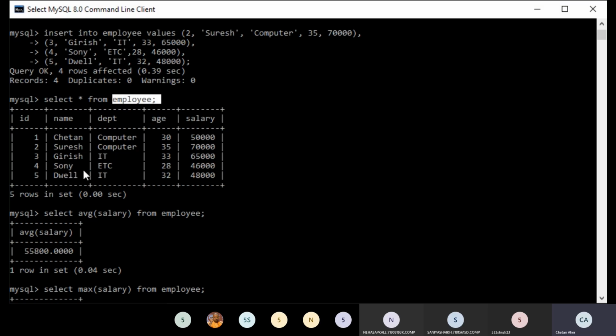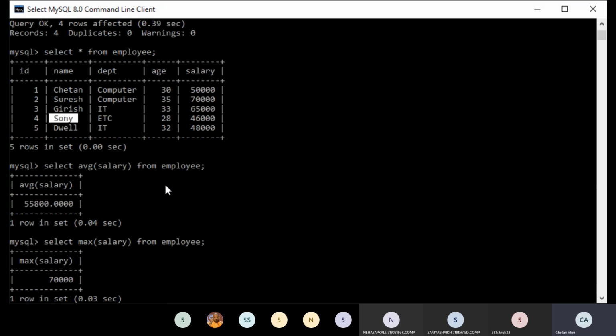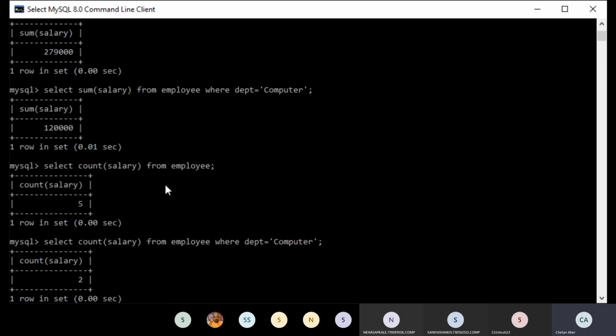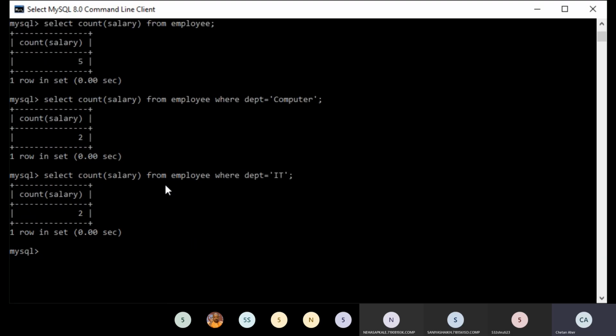How are you going to find that? You have to display his name. Likewise, queries have been asked, and that way you have to perform these aggregate functions and return the values. I hope you all understood.